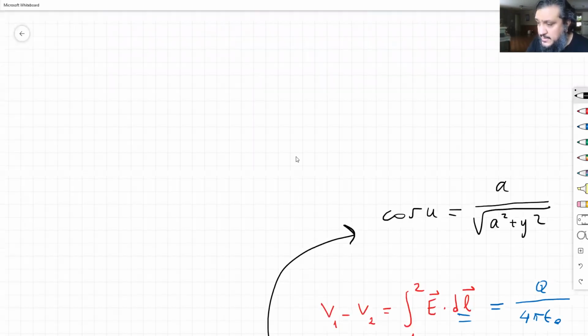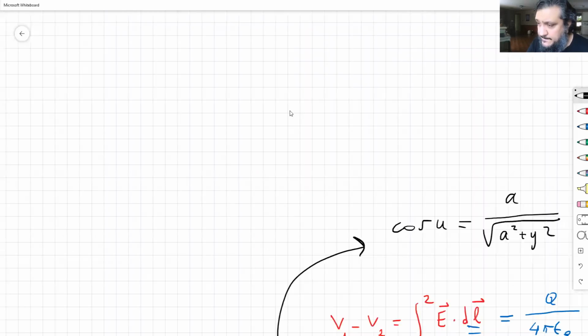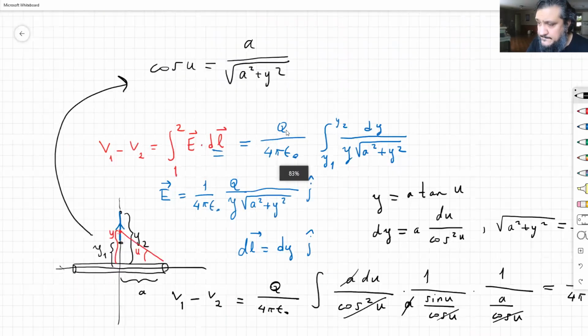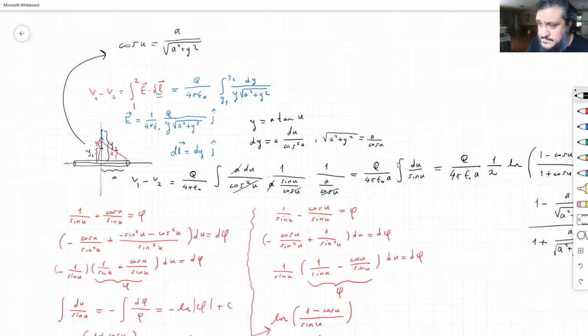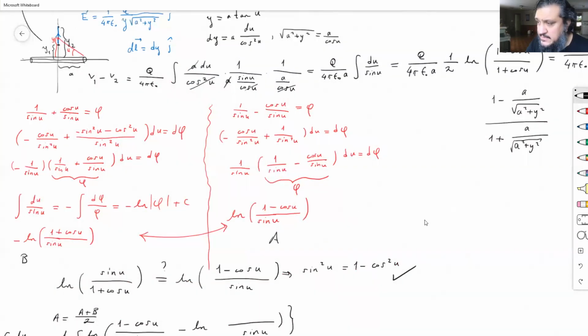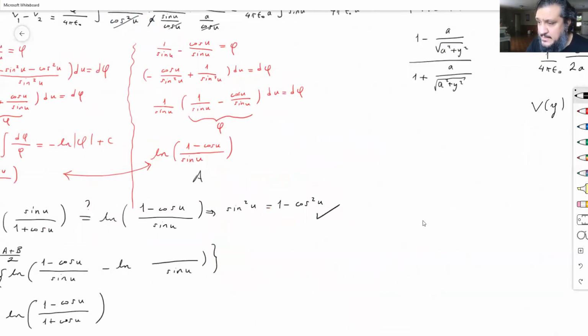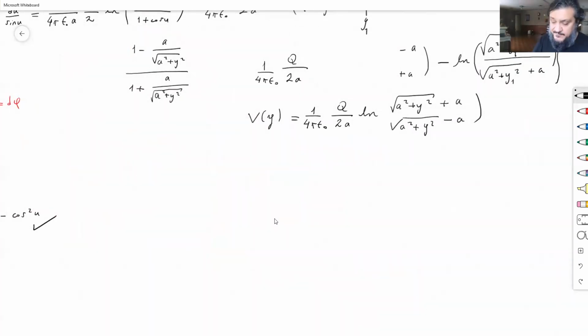Yeah, this one, okay. So, in this limit, I'm getting the same formula, meaning